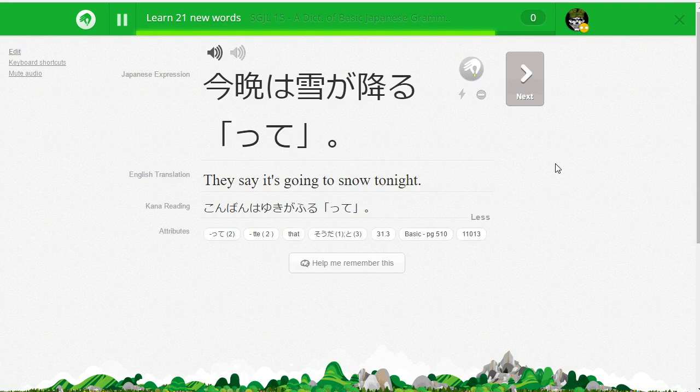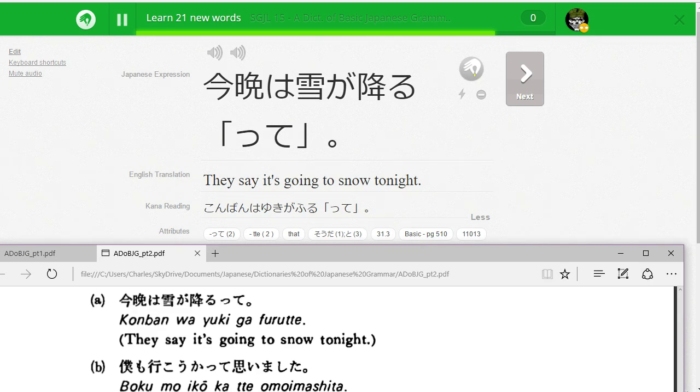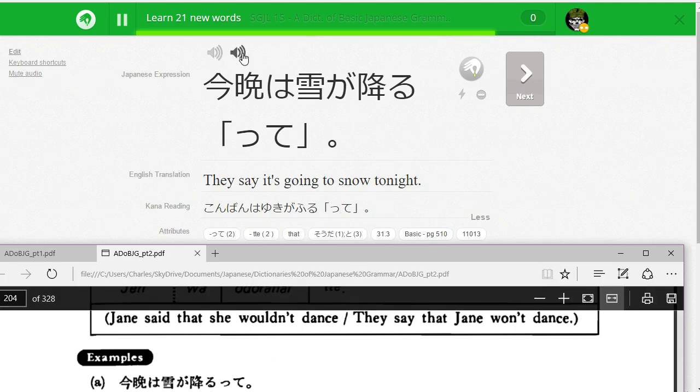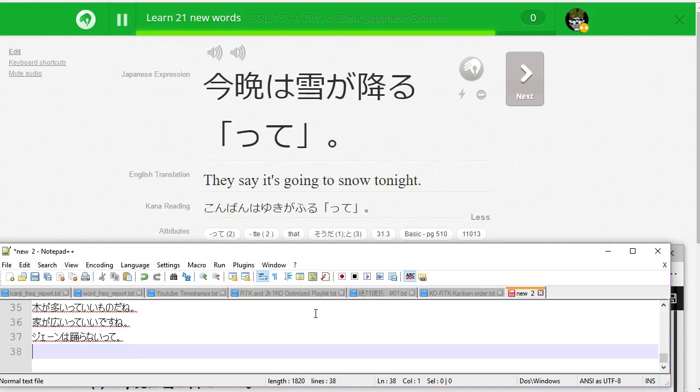今晩は雪が降るって。I usually don't say konban wa. I usually say konya. I'll say konya wa, but that's me. I don't know if it matters or not. Okay, so konban wa yuki ga furutte. They say it's gonna snow. Okay. Konban wa. Can you read that? Yeah. 今晩は雪が降るって。